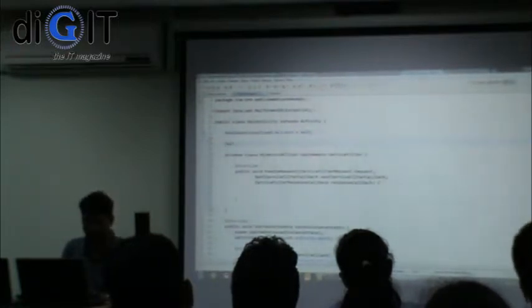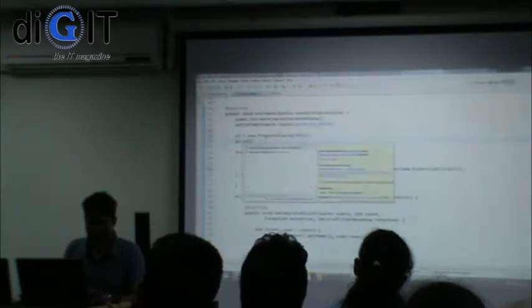So I can say progress dialog, and we'll come back and initialize it here, passing in the context, and I'm going to say pd.setTitle, please wait. So that's what's going to happen there, right?